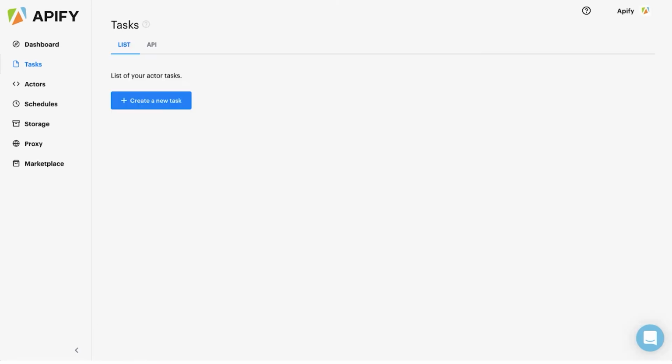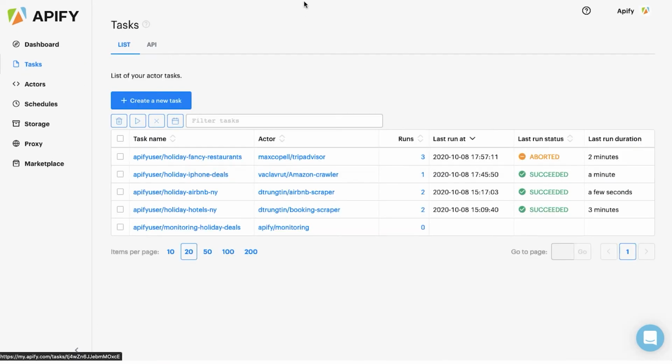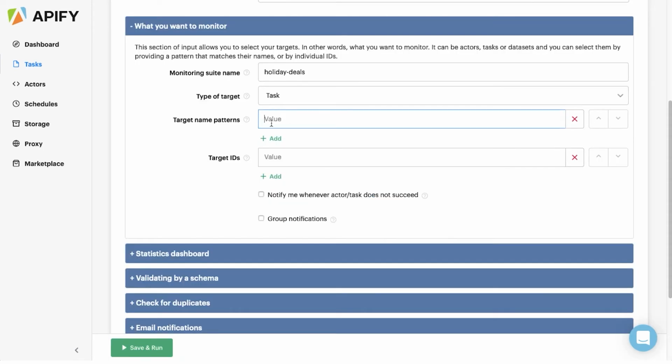Next, let's select which tasks we want to track in the Target Name Patterns field. We will set this to Holiday, with a caret symbol in the beginning. The caret symbol means starts with, so altogether this expression will mean starts with holiday. So we have specified our target as tasks which start with the word holiday.